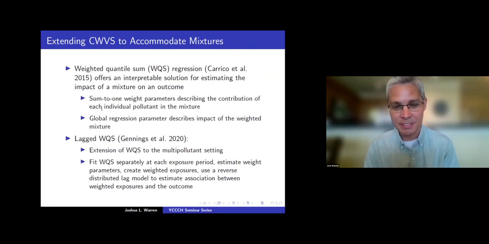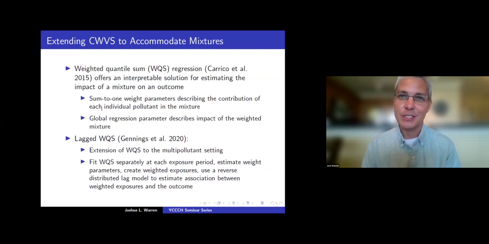The problem is that, as I know a number of you are aware, the literature, the science, has really moved towards pollution mixtures and multiple exposures. And a lot of these methodologies were developed with one pollutant in mind, at the most 2 to 3. But they were not generally meant for pollution mixtures, for example. So our goal in this work was to extend what we liked, the CWVS, critical window variable selection, to accommodate